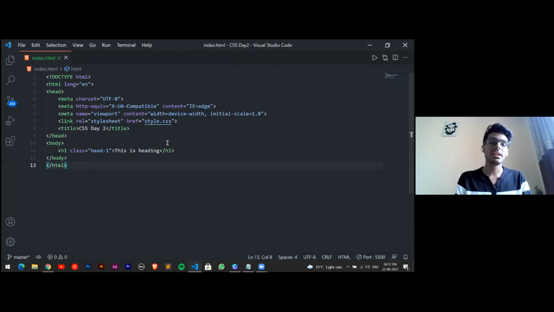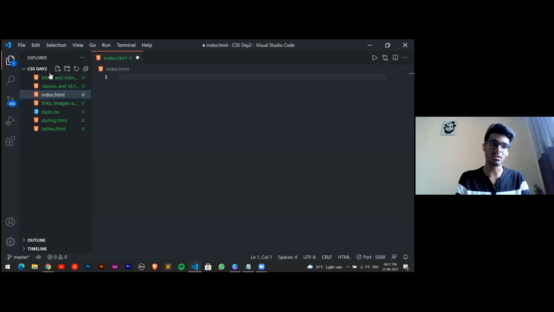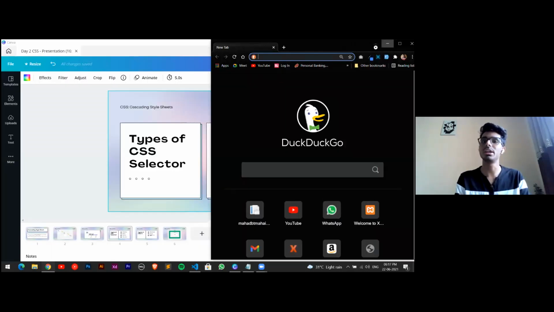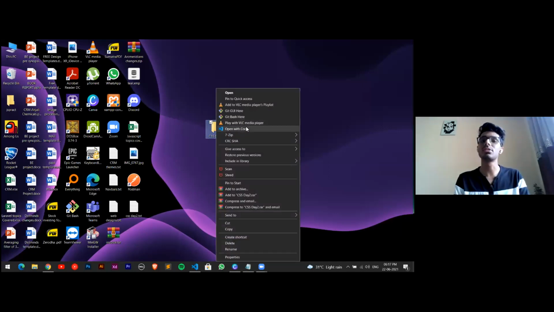So this is basically an HTML file which I had created. I'll create it once again for you. By default, we have created an index.html file in our folder named CSS day2. If you have a folder already made on your desktop, like I have over here, I'll just right click and click on open with code.